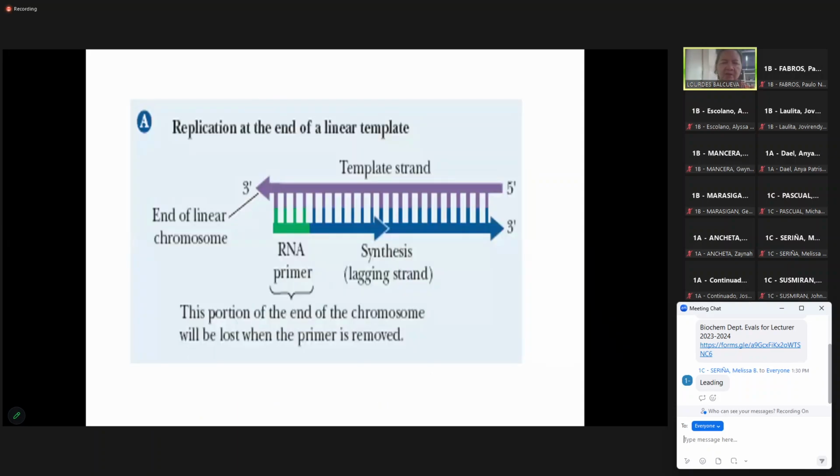Okay. Now, what is the telomere? After the removal of the RNA primer, at the 3' portion of the strand, it is removed by the polymerases. What will happen is this one will overhang. It has no partner, no? There will be no partner. And this happens in every replication. You call this the